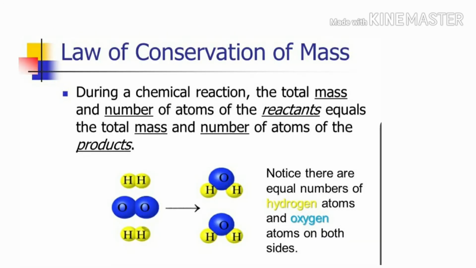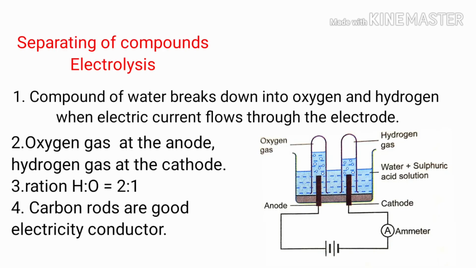我们要学一个 law of conservation of mass。好，它是说到 during a chemical reaction, the total mass and number of atoms of the reactants equal the total mass and number of atoms of the product。意思说，你之前在还没有 chemical reaction 之前和之后它产生的 product，它的那个 atom 是一样的，它的数量是一样的，而且它重量也是一样的，没有改变到。